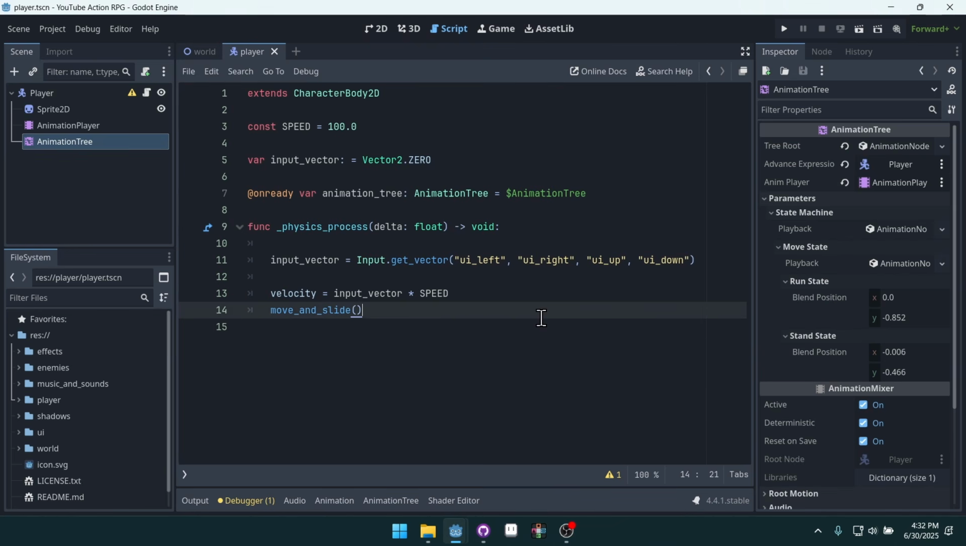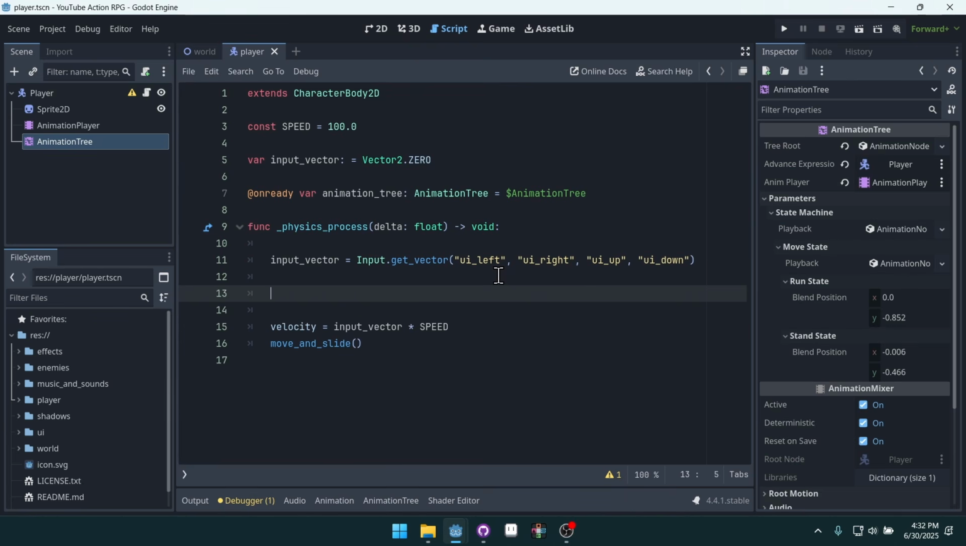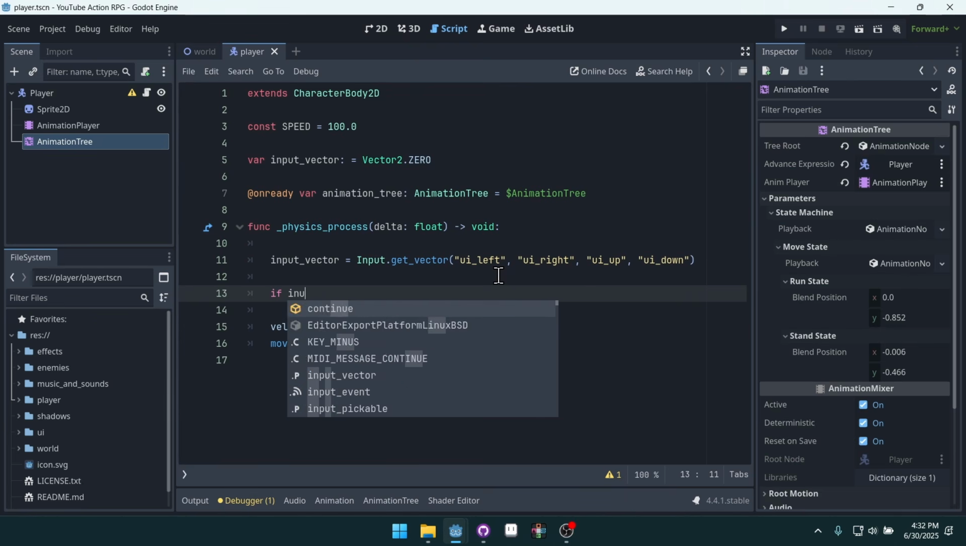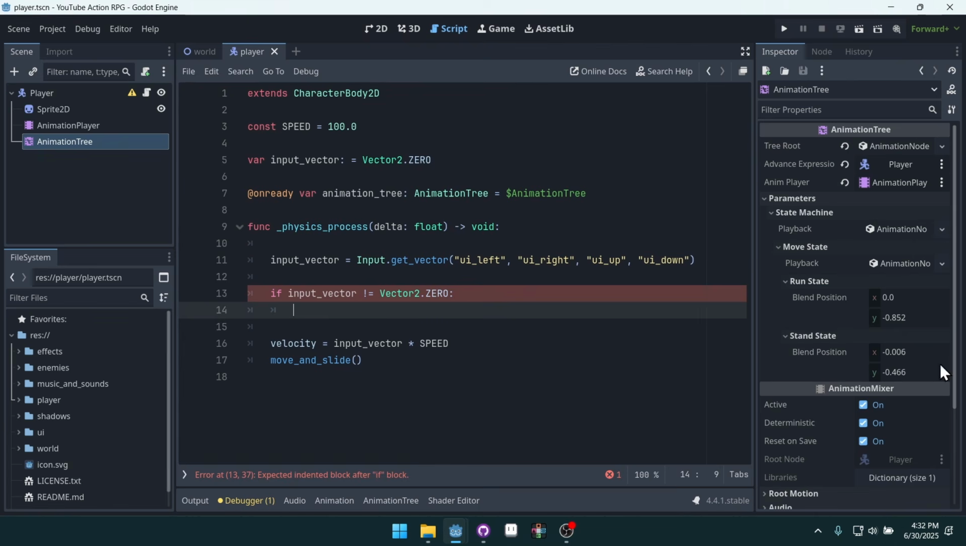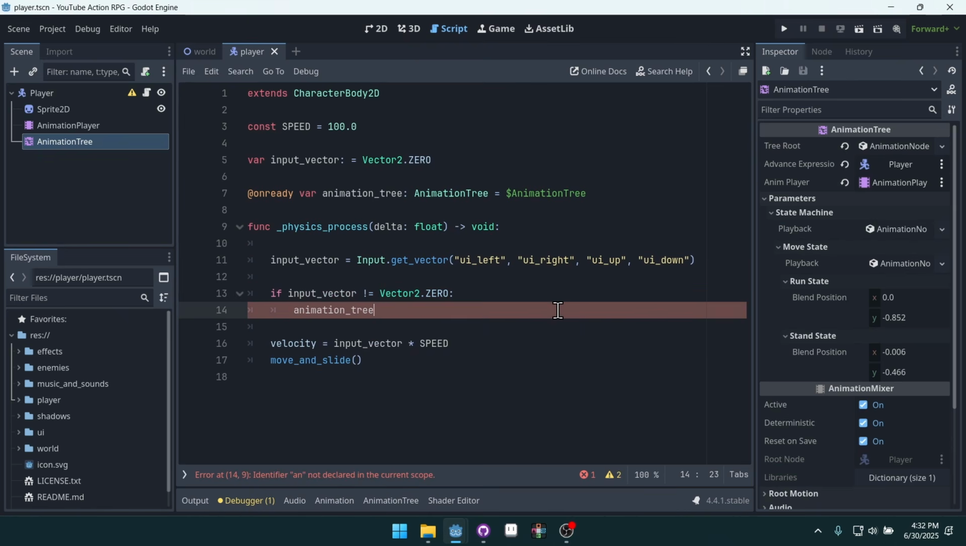I just remembered. So what we can do is we can put an if statement right here in our code that says if input vector does not equal Vector2.0. If it doesn't equal 0, then we can update these blend positions. We only want to update them if we're actually moving in a direction. Otherwise, we'll just leave it what it is. And we can do that by saying AnimationTree dot set